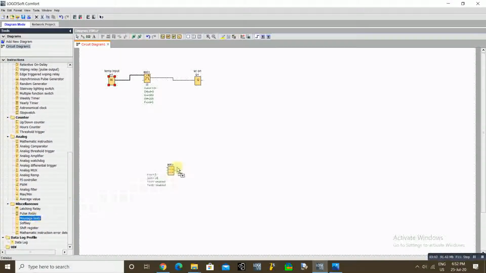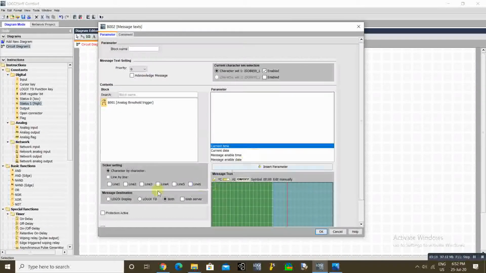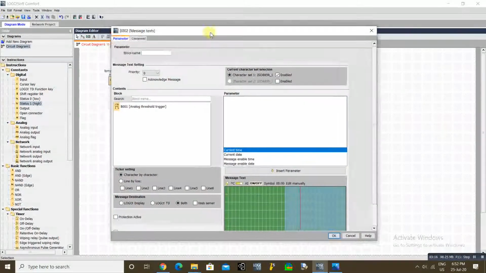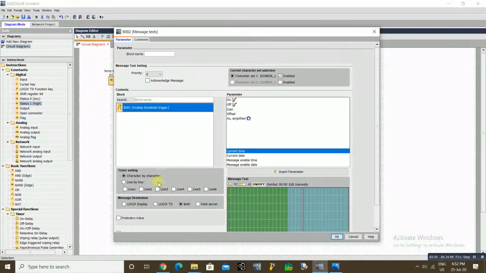Go to message text and enable this. This is the window for text configuration. We have only one block, and we go for character by character.